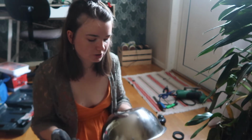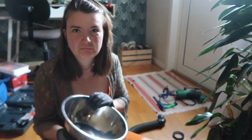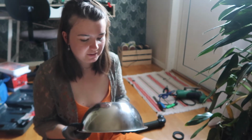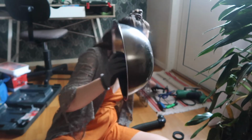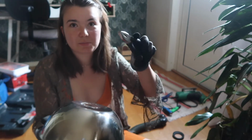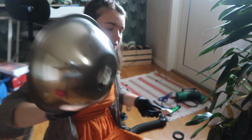You could probably also use one of those scissor-like things, but for metal, whatever they're called. I don't know names of anything, but I think you know what I mean. But this worked pretty well as well. This one is pretty thin, so I just basically took this and bent it up and rolled it, and yeah,